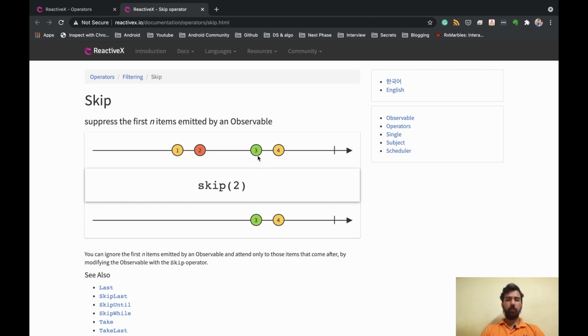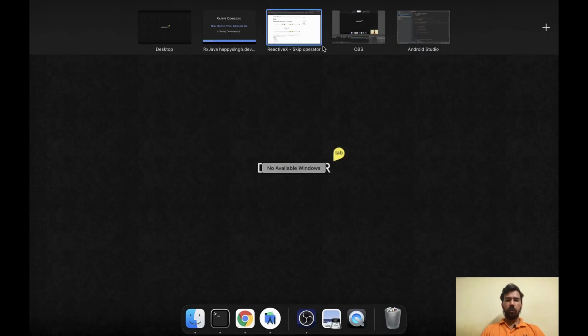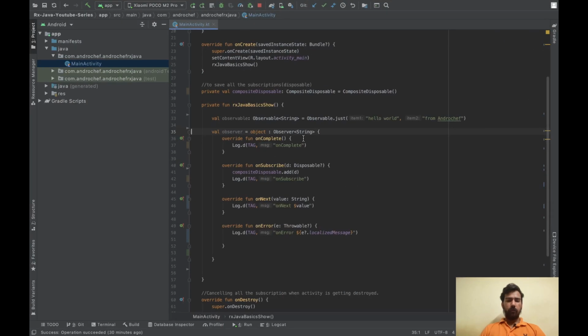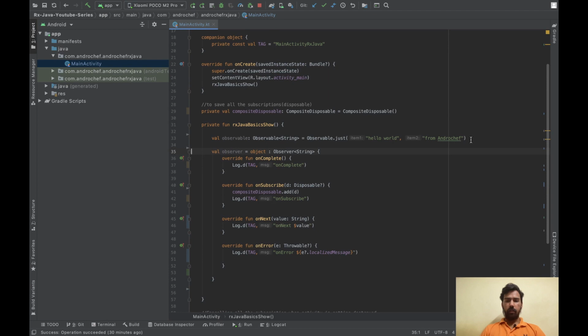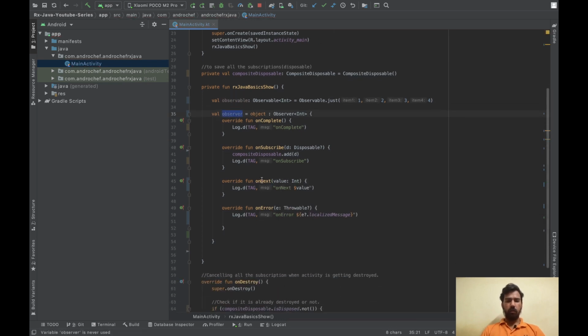So let's implement this in Android Studio. Let's create 1 2 3 and 4. This type will be int. Then we need to change this one also. So we have our observable, we have our observer, and we have added logs.